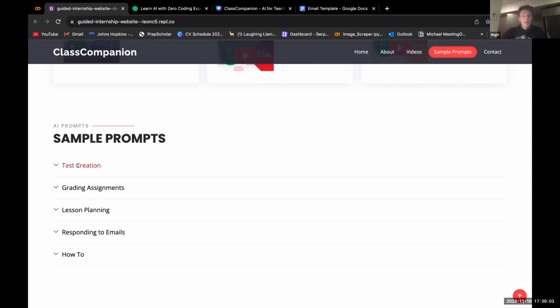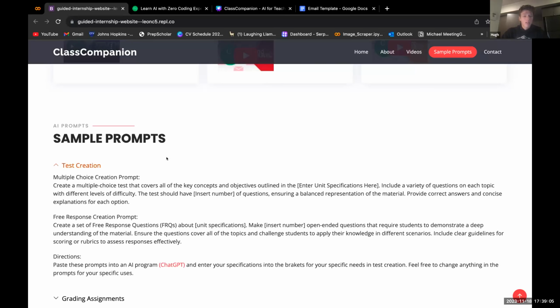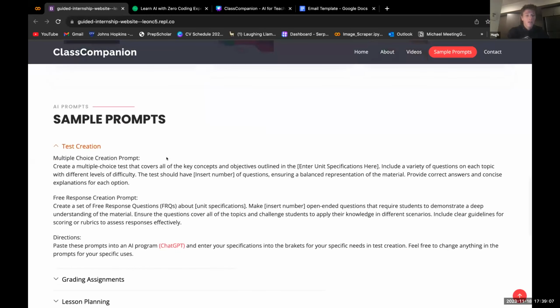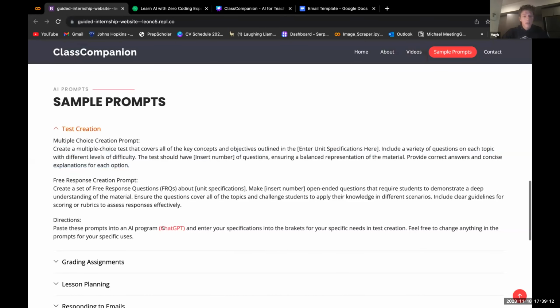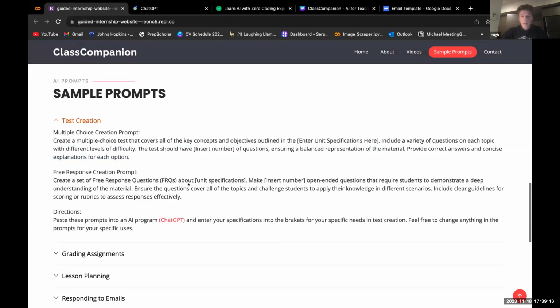If a teacher wants to make a multiple choice test, they'll go into test creation, copy this prompt right here, and then click on this link to ChatGPT and paste it right in with their own specifications, following the directions. And then right away, this gives them quicker, easier, simple access to AI rather than having to try and figure it all out by themselves.